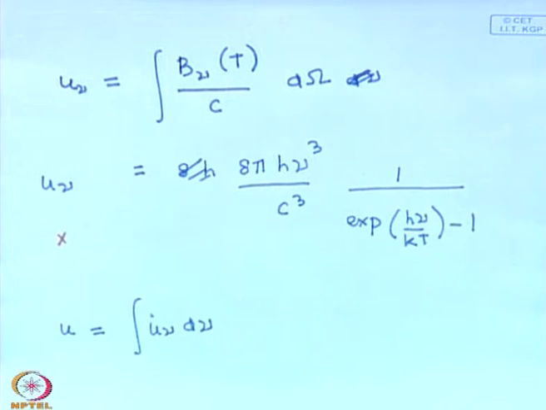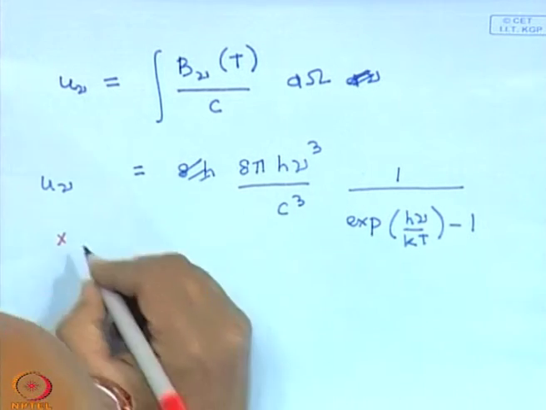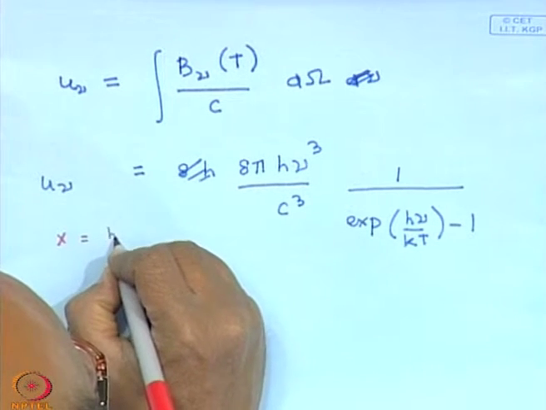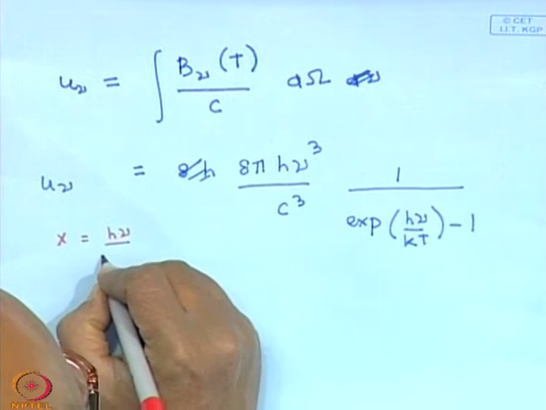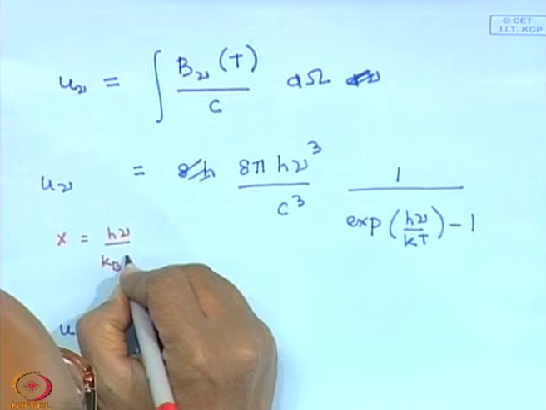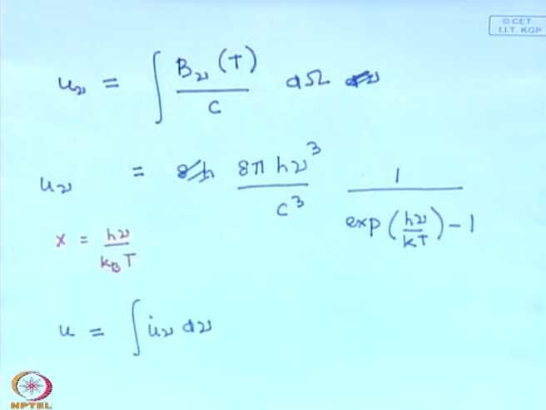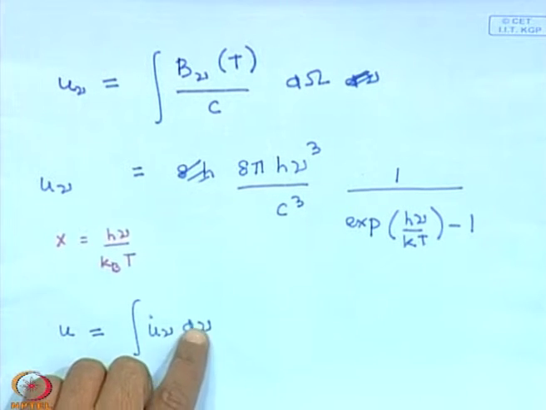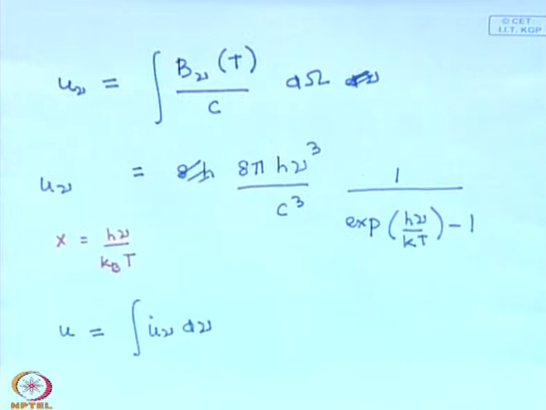Such that x is equal to h nu by the Boltzmann constant into T, right, which makes this whole thing dimensionless. So, let us do that. So, to do that,